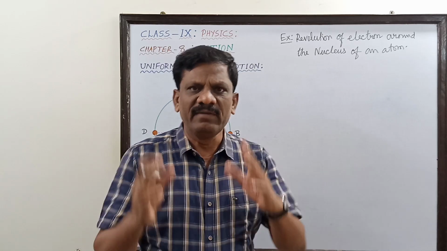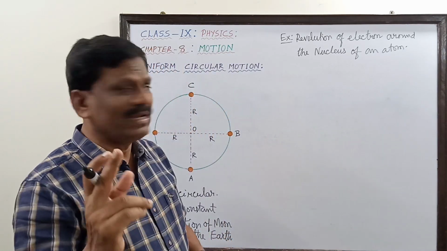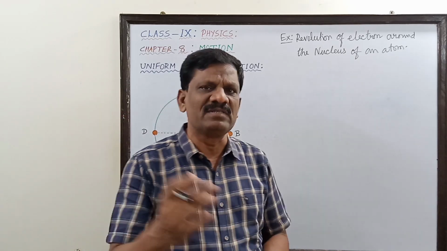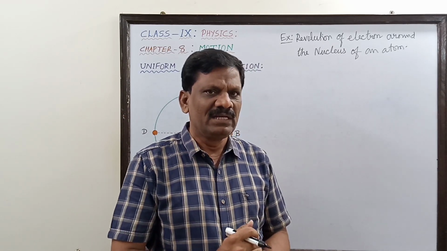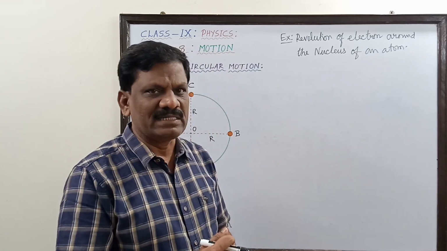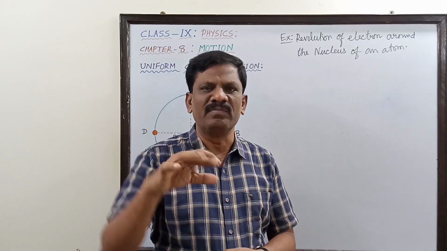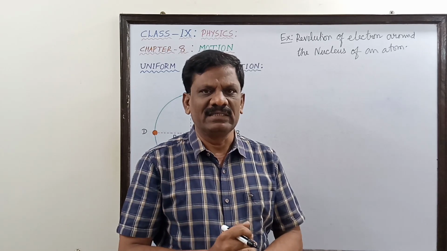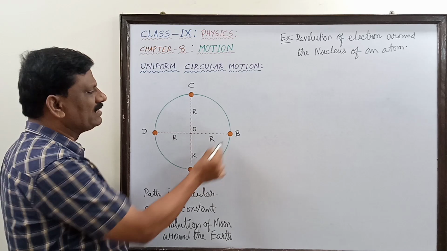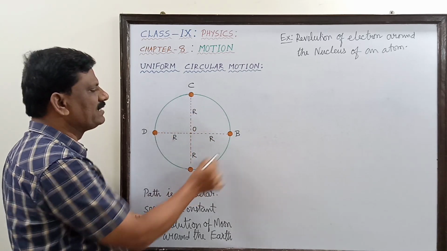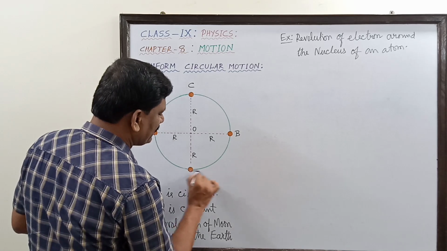Now, why can we not say that the velocity of the body is uniform here in place of speed? Why not use the word velocity? We cannot say the velocity is constant, because velocity is a physical quantity which has both magnitude as well as direction. But in uniform circular motion, when the body is traveling and crossing each point like A, B, C and D, the direction of the velocity